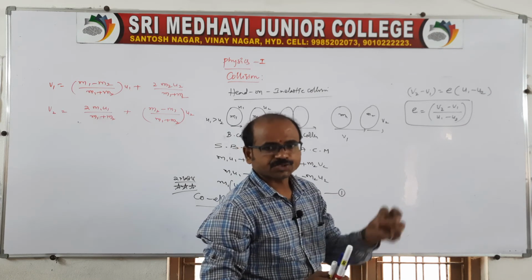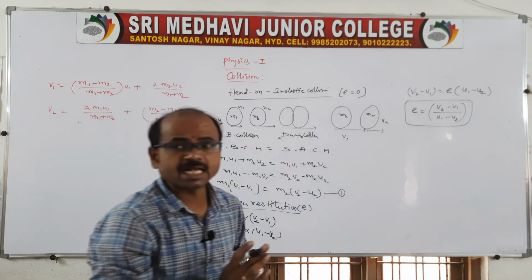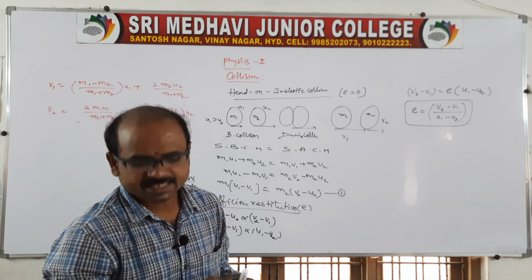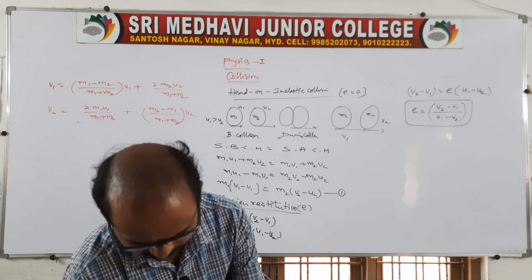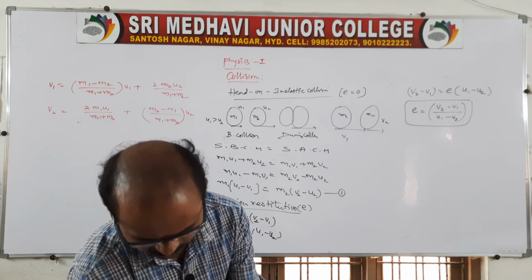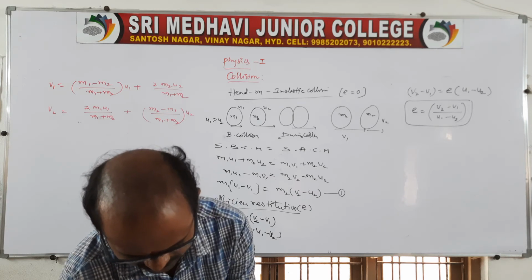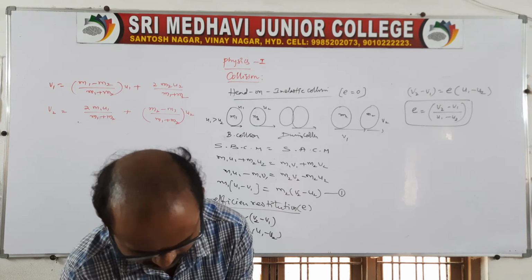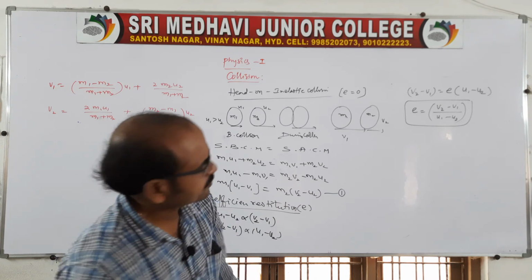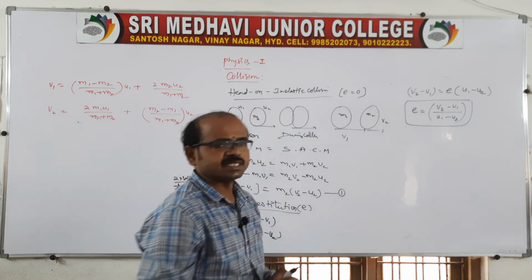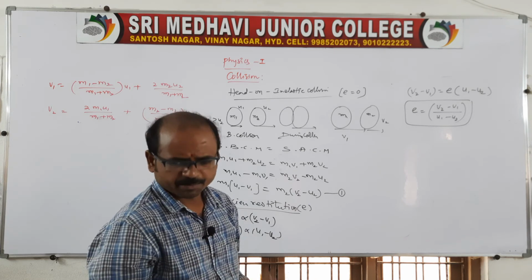For this coefficient of restitution, in case of a perfectly inelastic collision, E is equal to 0. For elastic collision, E is equal to 1. This is very, very important information regarding coefficient of restitution. The values of capital E will be like this. You remember, because it is there in the next classes, coefficient of restitution, some statements, and as well as the E values are represented like this. For inelastic collision, E is equal to 0. For elastic collision, E is equal to 1. Everyone remember this, and for all bodies it lies between 0 to 1 for semi-elastic and so on.